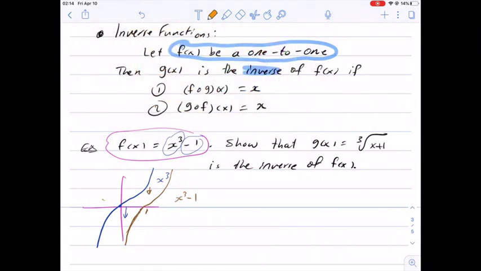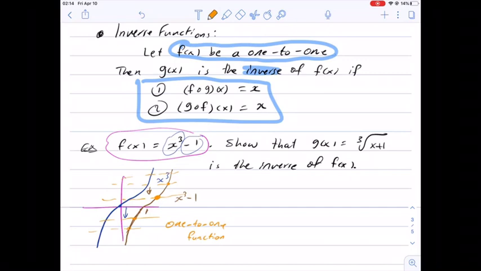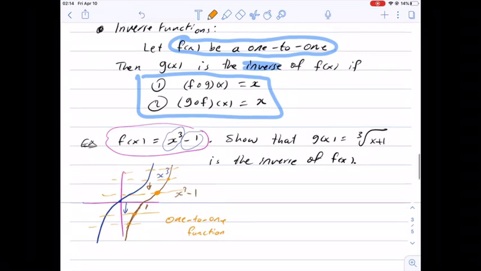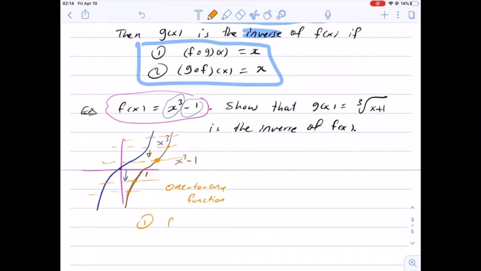Now if you try the horizontal line test, the horizontal line intersects the graph in at most 1 point. As you can see, every horizontal line intersects the curve of x cubed minus 1 in at most 1 point. So this is a 1-to-1 function. Good. If it's a 1-to-1 function, we only need to check those two conditions. So we want to show first